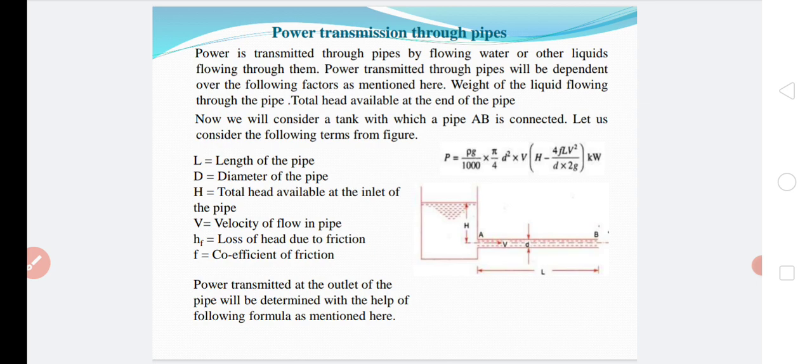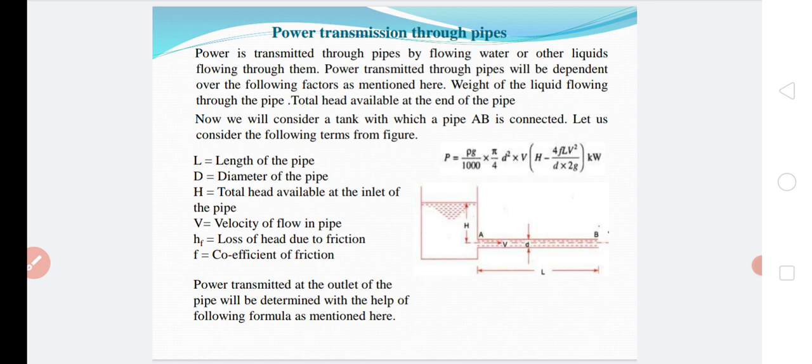So we can write rho g into area into velocity, that is rho g into π/4 d², the cross-sectional area of the pipe, into velocity V. So W equals rho g into π/4 d² into V. The power transmitted at the outlet of the pipe equals the weight of water per second into the head at the outlet of the pipe, that is rho g into π/4 d² into V